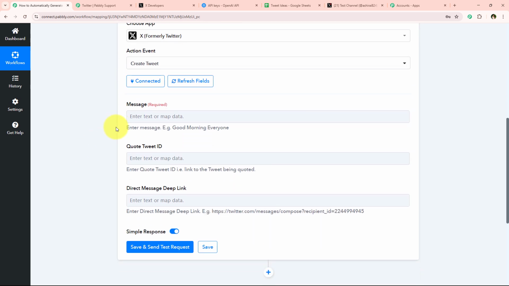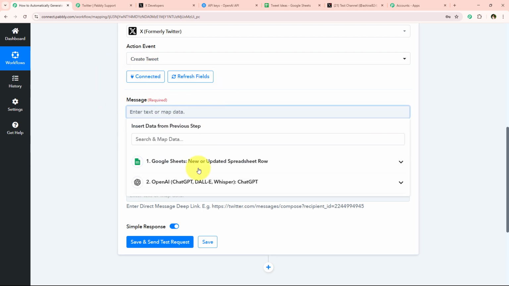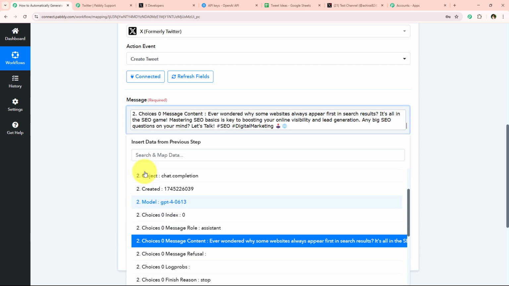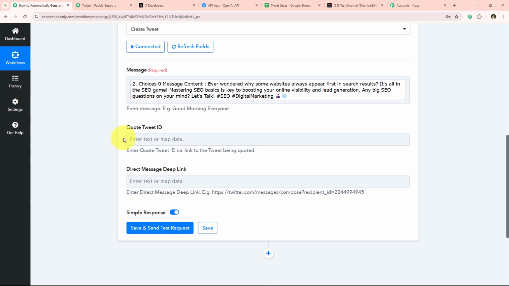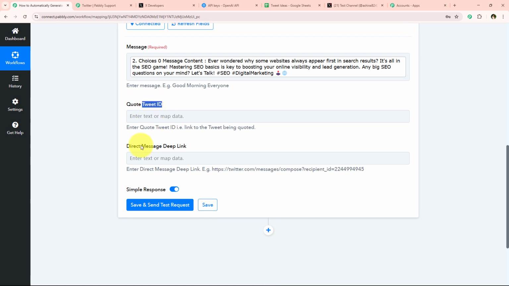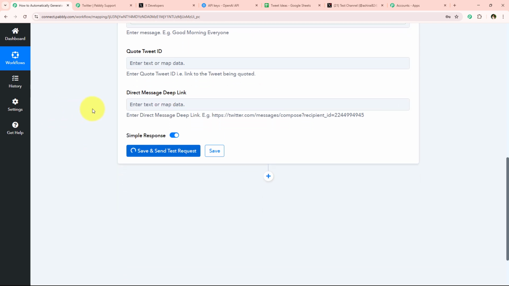And after connecting this, it is asking me for the message. So over here we have to enter the tweet which I want to post. Alright, so I'm just going to open the response of my OpenAI and map this message content. And after mapping this message content, we are going to move on further. It is asking me for the tweet ID and the direct message deep link. So if you wish, you can definitely enter both of these right over here, but these are not required fields. So I'm simply going to leave them blank and click on this blue button which says save and